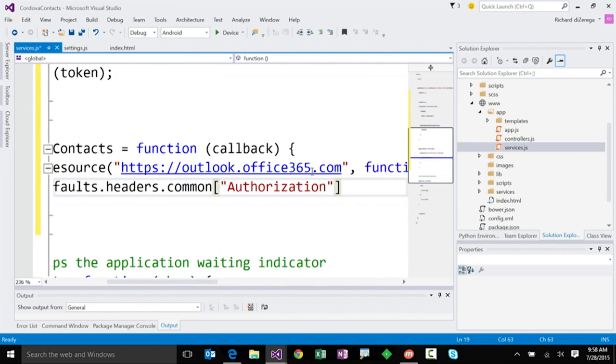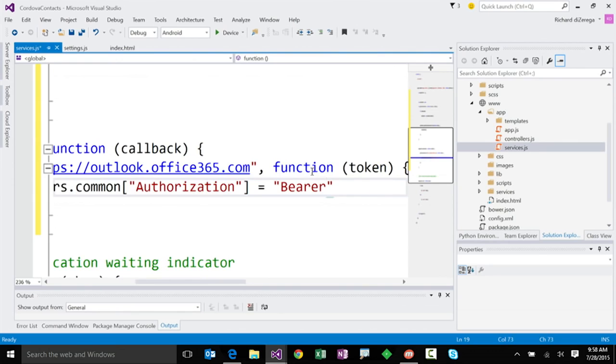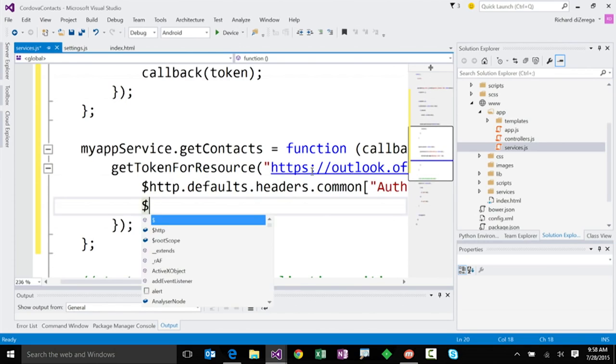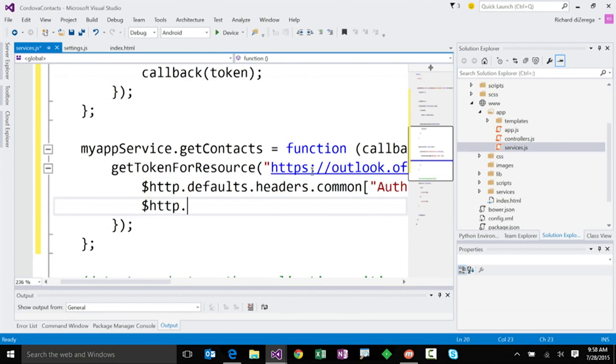So we're going to set our authorization header equal to a bearer token, not Sarah token, but a bearer token. And on that, we're going to tack on our token. So that's going to set up that token on the header for us. One other header I'm just going to do really quickly before we move on is I'm going to set what we're going to